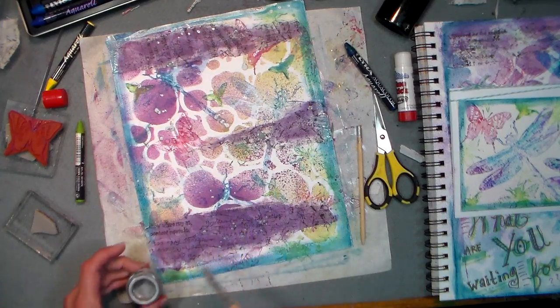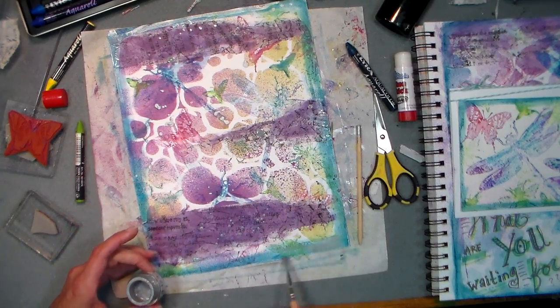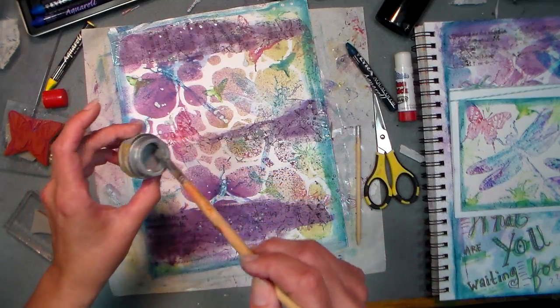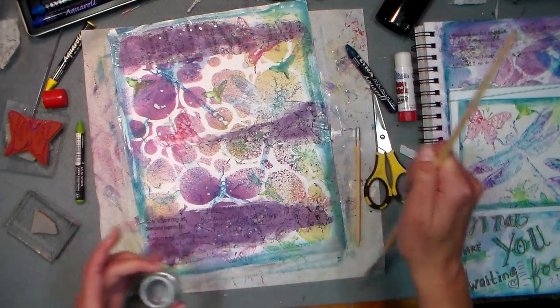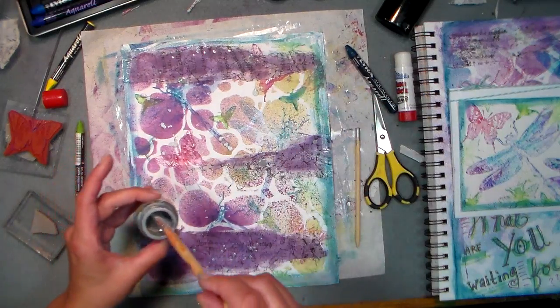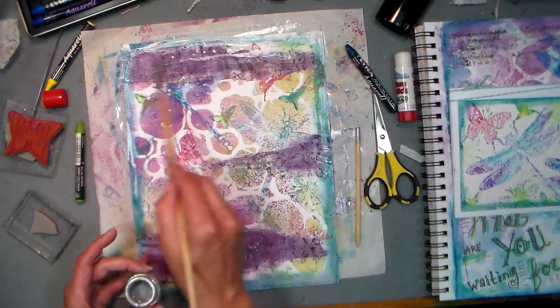And I got an interesting story here. I'm full of interesting stories, aren't I? This ink was actually dry in the pot. It's a little thing of acrylic calligraphy ink, and it's silver. It was so pretty, and I was bummed. But then I thought, well, before I toss this, I'm going to see if I can revive it. And I just put some denatured alcohol in here because I knew it was just way too far gone to try